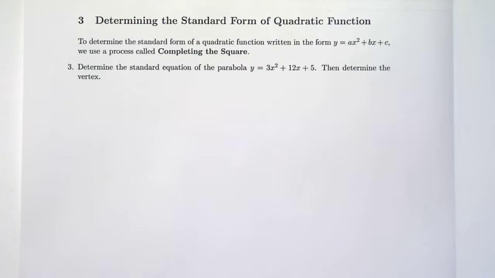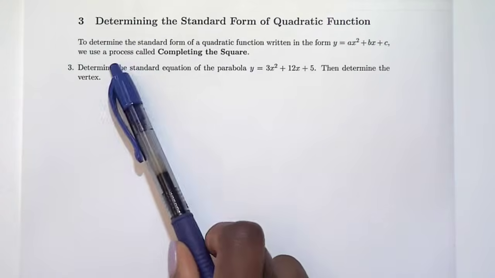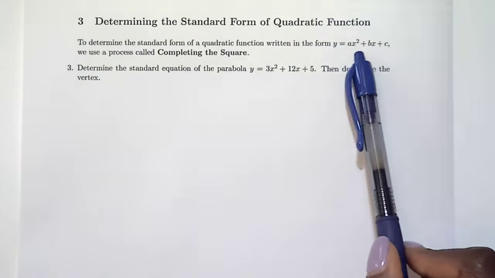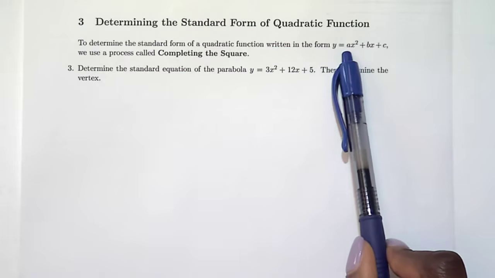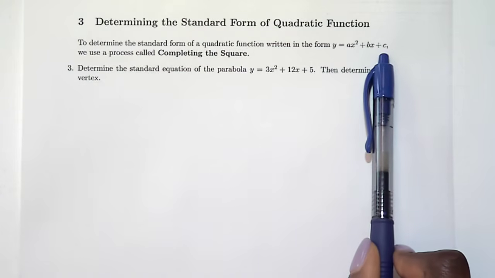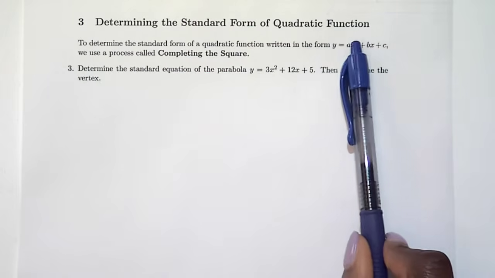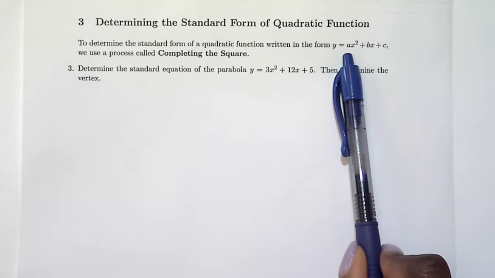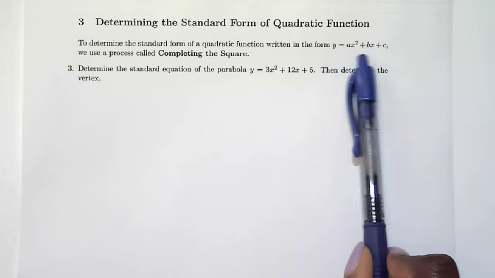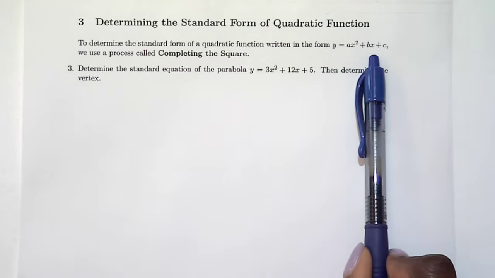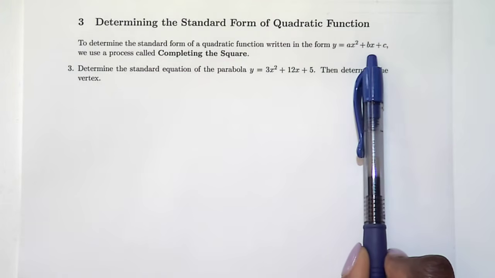All right, so it won't always be the case that your parabola is in vertex form or standard form. So sometimes it looks like this. This is the way we usually see a quadratic: something squared, something x squared plus bx plus c. And it's really difficult to figure out the vertex of our parabola in this form. So the process that we're going to use to rewrite this form into standard form or vertex form is called